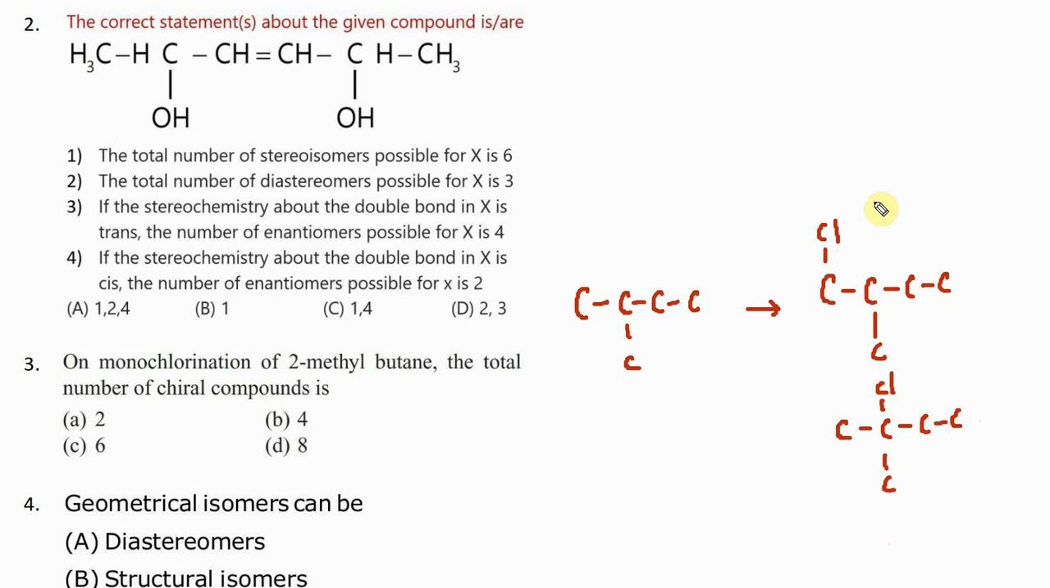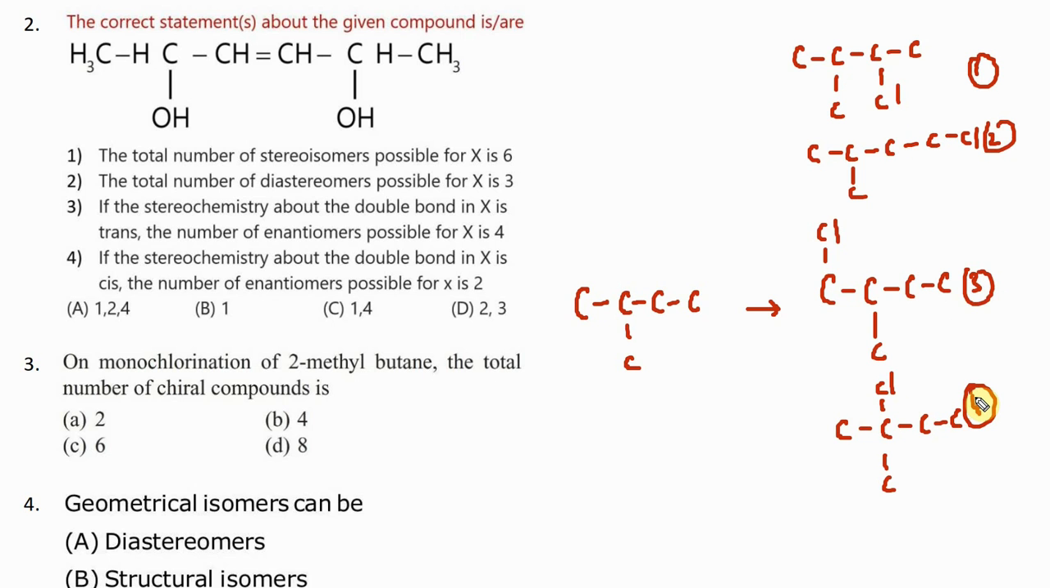I can have Cl here. Let me draw this here. I can have Cl here. I can have Cl here. So 1, 2, 3, 4 distinct positional isomers you will get. Okay, the total number of chiral compounds என்னன்னு கேக்குறாங்க உங்களுக்கு. இதுல இதெல்லாம் chiral-ஆ இருக்கும் அப்படினு. Okay, now